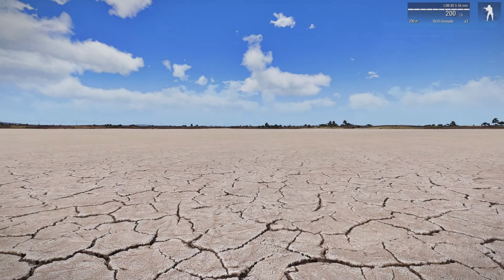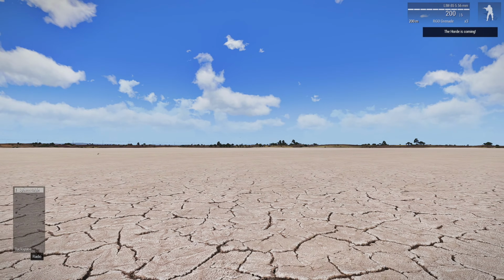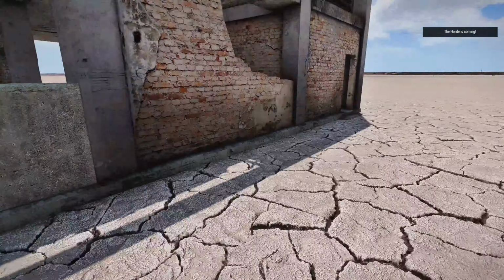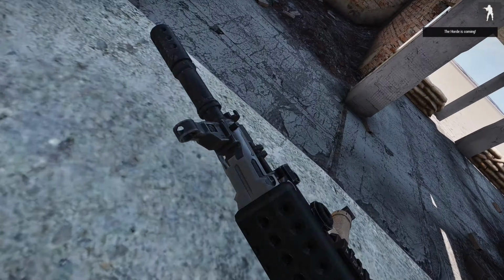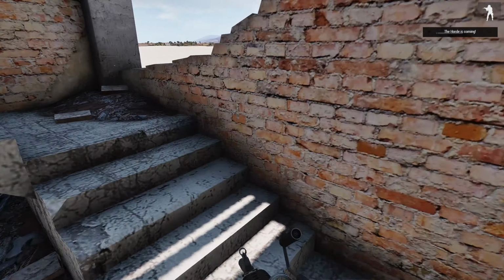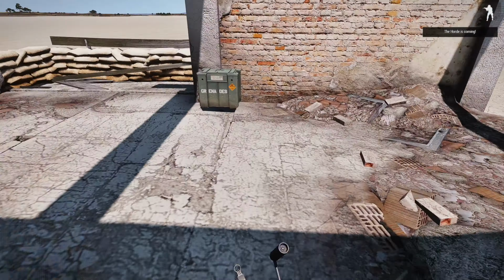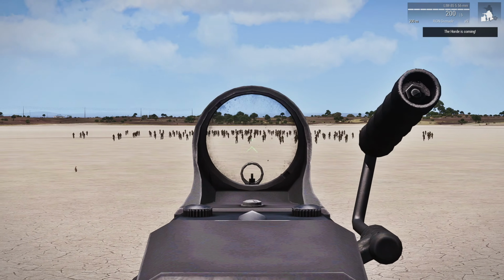So to initialize this, let's go to the radio trigger and then spawn the horde. Oh my. And let's get into position because once these guys get through that trigger,